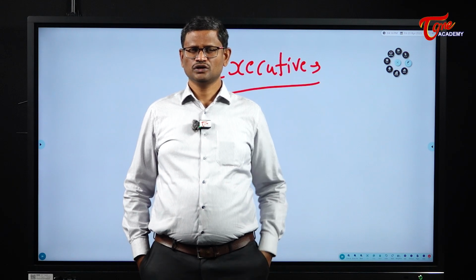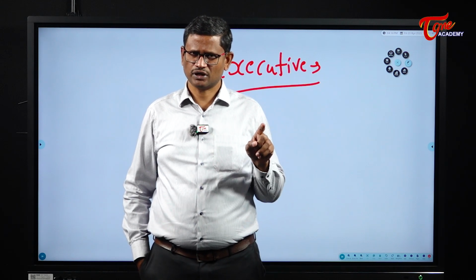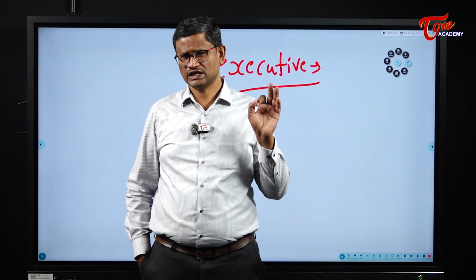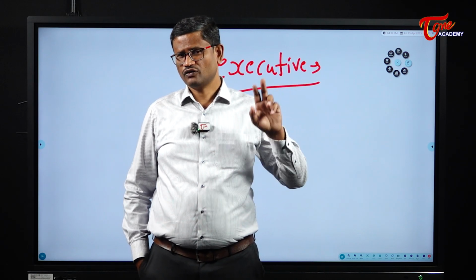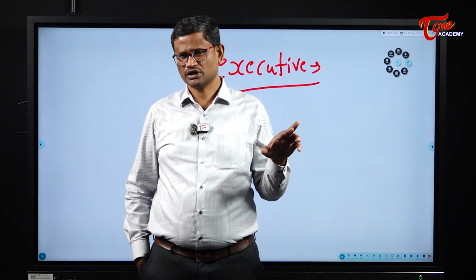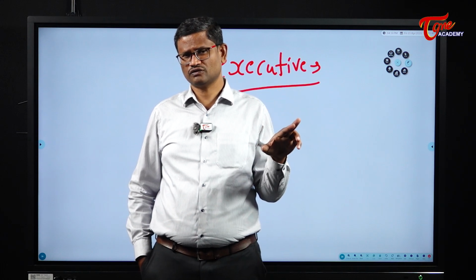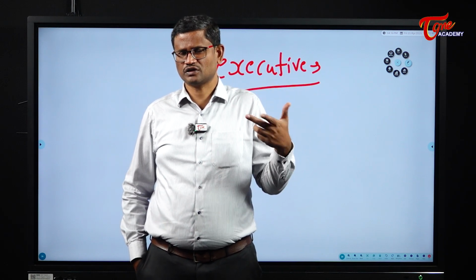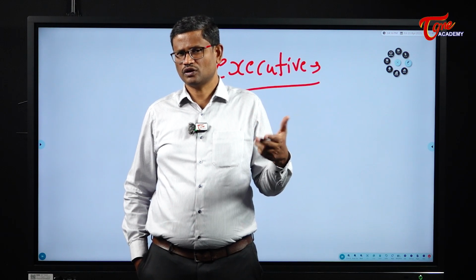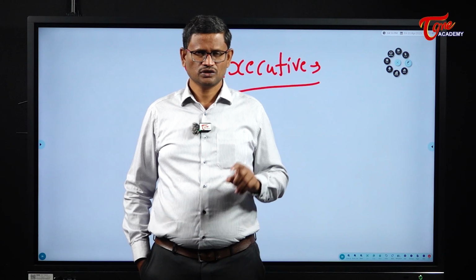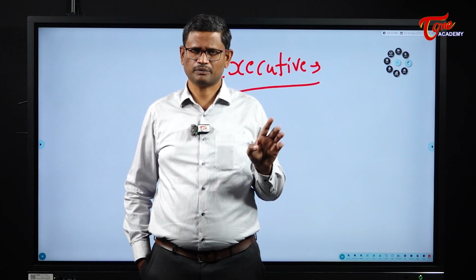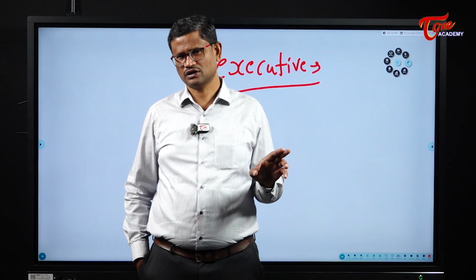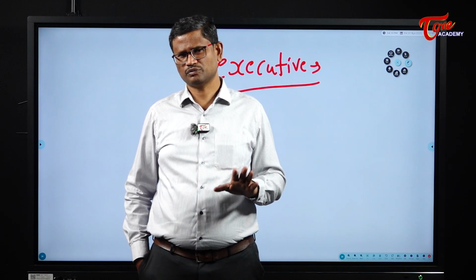But usually, a member of Parliament who belongs to the majority party will be chosen as the Prime Minister. After the general elections to the Lok Sabha, whichever political party or a coalition of political parties secures more than 50% of the seats in the Lok Sabha, the leader of that party, the leader of the coalition, will be invited to form the government and he will be appointed as the Prime Minister. So the Prime Minister is appointed by the President of India. On the advice of the Prime Minister, the other members of the Council of Ministers are appointed.